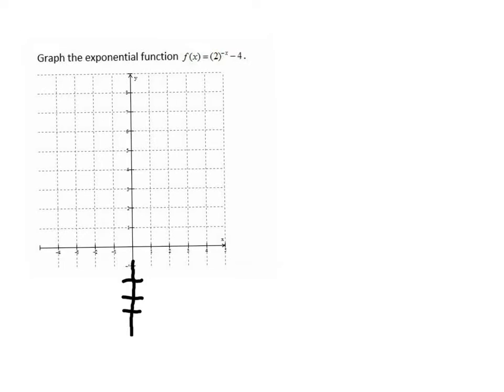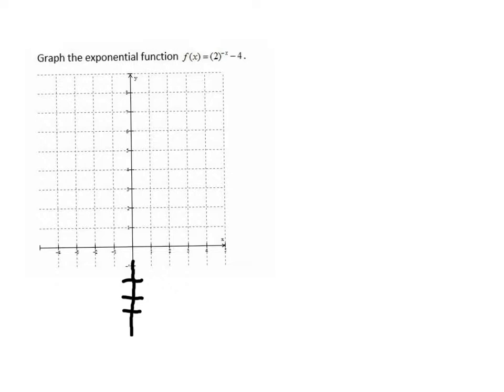Here's a video solution to a problem where you're asked to graph 2 to the negative x minus 4. I'm sorry I had to extend my grid here by hand a little bit, so I know it looks ugly at the bottom there, but we'll just work with it. So problems like this, like I said in a previous example video, start by graphing the parent function, which